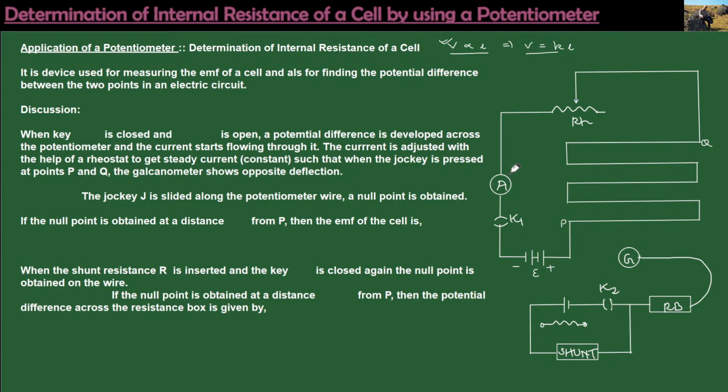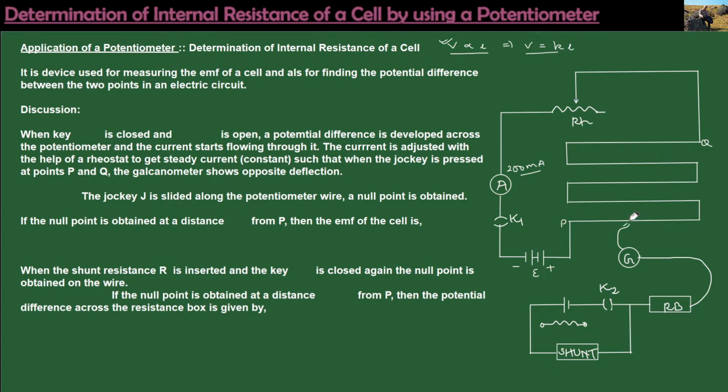Say, for instance, in the physics lab, we might apply a current of around 200 milliamperes. This amount of current will flow through the potentiometer wire,